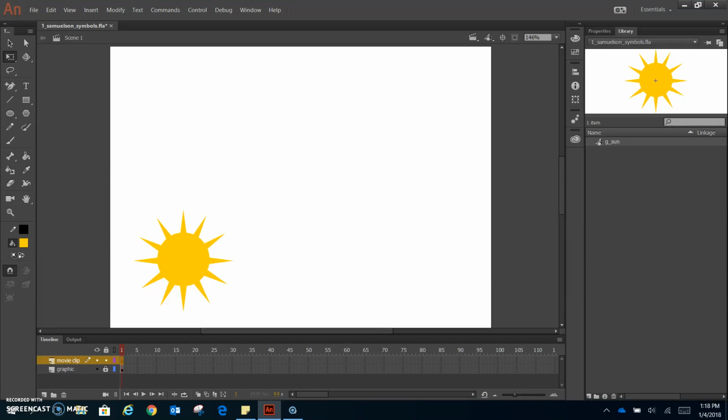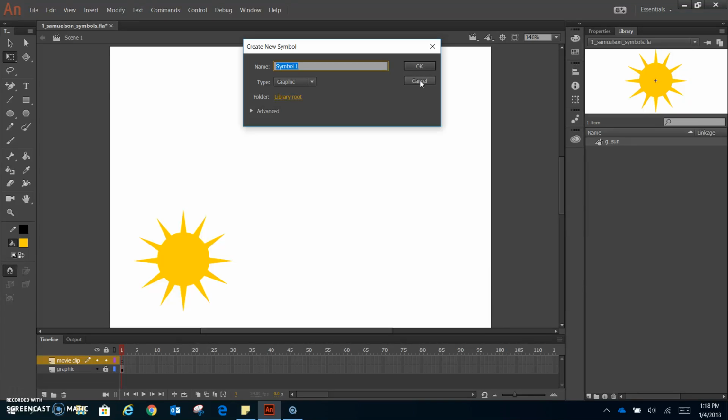So there's two things that you can do. You remember how we created this sun and we selected everything and we did modify, convert to symbol. Well, you can do that. You can draw all that, or you can automatically go to insert, new symbol, and we're going to make a symbol of a movie clip. So I'm going to call it MC, and it's also going to be a sun. So it's MC underscore sun. Change the type to movie clip